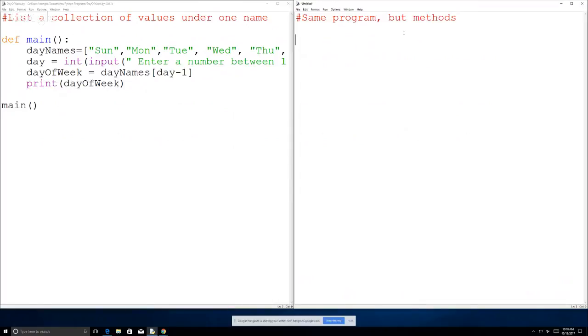So if you think about what are the steps of this, what are the parts, we want to get our input, right? We need to do our conversions. Defining the list, would that be its own step? Well, so I think I would do,